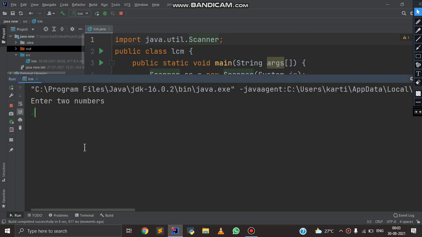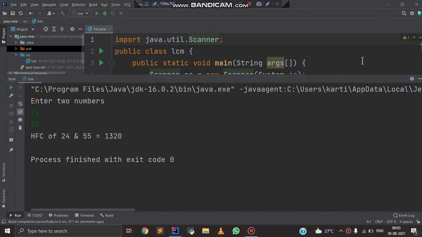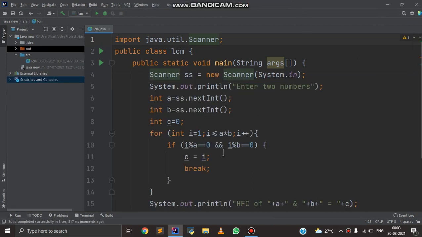Sorry, we have to run this loop again. We have to check for HCF. So for HCF we do nothing, just change here that if the number mod i is equals to 0.